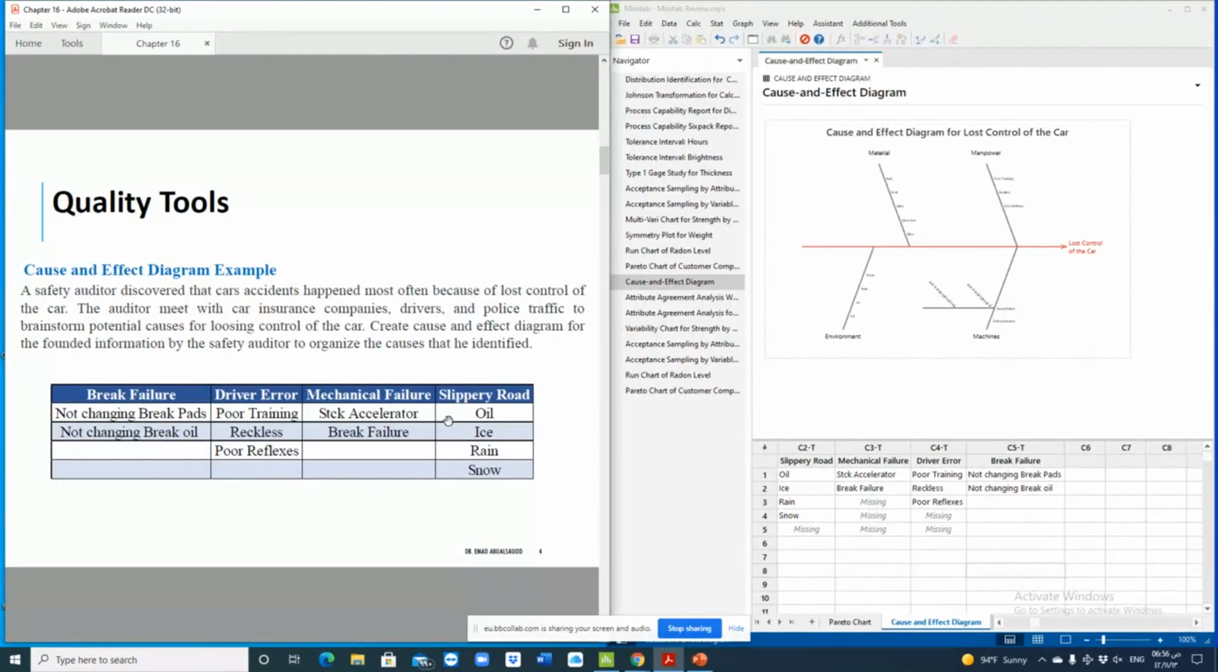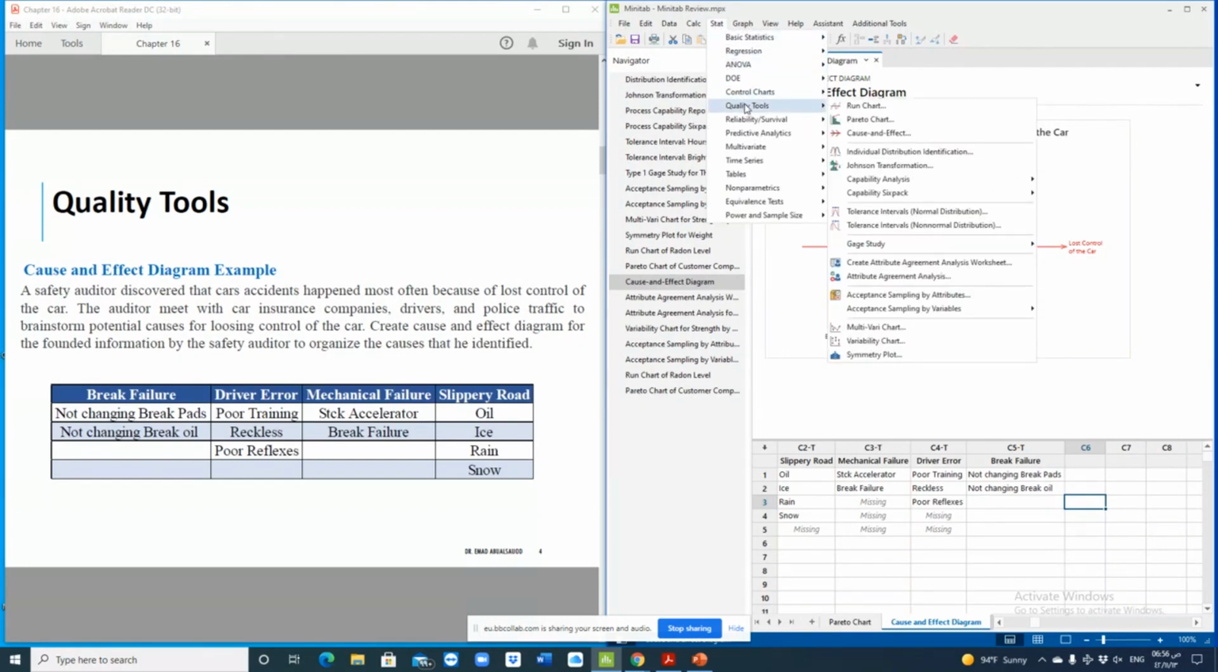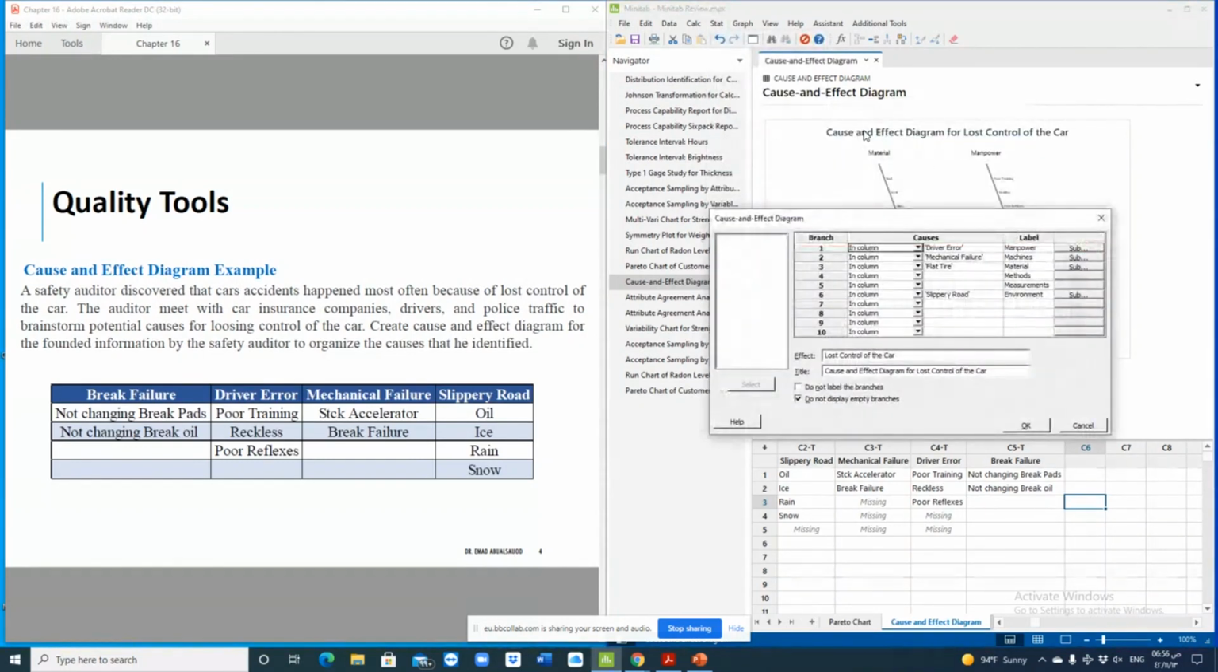How can we construct this information? You copy this information to the Minitab worksheet, and then you go to Stat, then Tools, and then Cause and Effect, and you start entering the information here. The default comes in this way. The data is either in columns or constant, that means you are going to enter it here. But in our case, we have it in columns because each of those